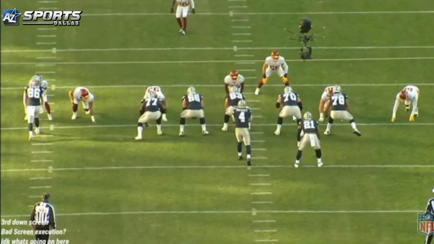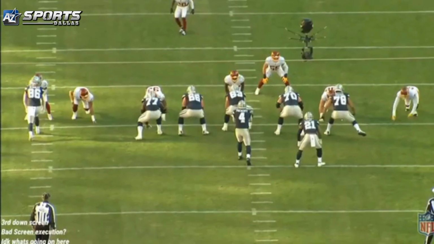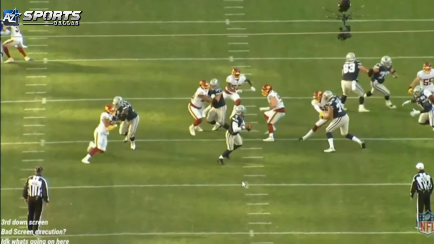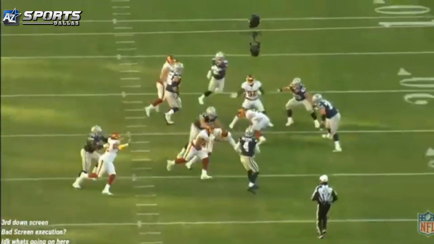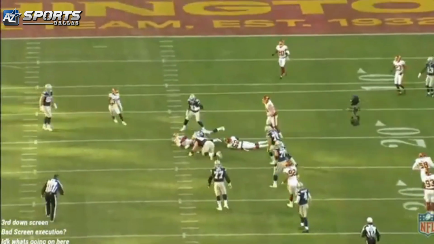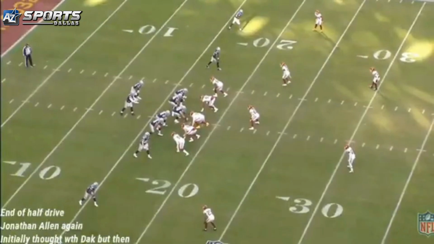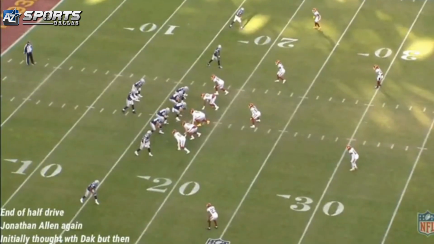When I say I don't know what's going on, they clearly pass off their linemen to get to the next level for the screen, but then they both follow, I think it's 55, to the quarterback. Just check it out. They're both following 55 instead of getting out in front for the screen. They recognize that the screen is coming, and Dak tries to make a play, and I don't think he should have. That should have got thrown right at the feet. Just bad execution followed up by bad decision making.